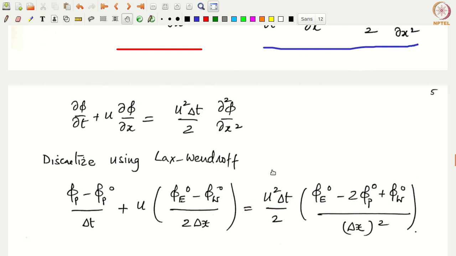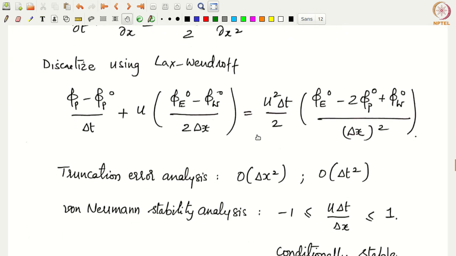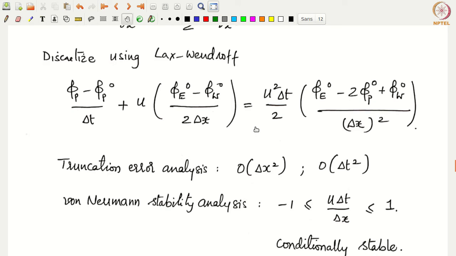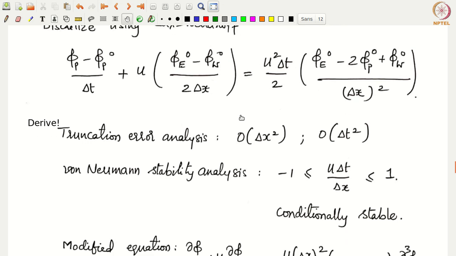Okay, all right, now we can of course do a truncation error analysis and von Neumann stability analysis, and we can look at the modified equation for this Lax-Wendroff scheme. That means we are looking at a modified equation for the modified wave equation. If you do a truncation error analysis, which I have not done here, which you know how to do, it gives you second order accuracy in space. That is because of the central difference schemes we have used, and it also gives you second order accuracy in time. That is because of these terms that are coming up here. So this you need to verify.